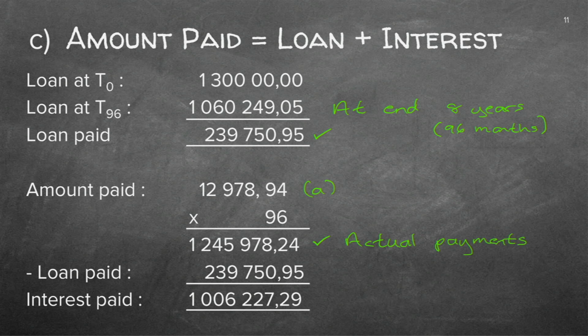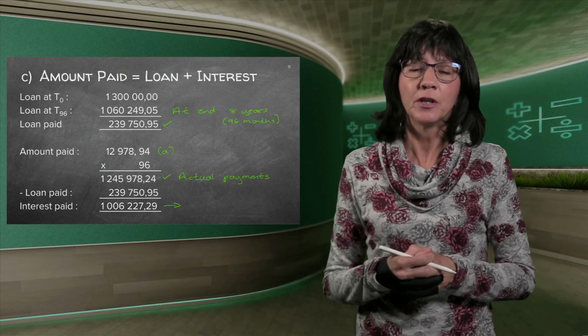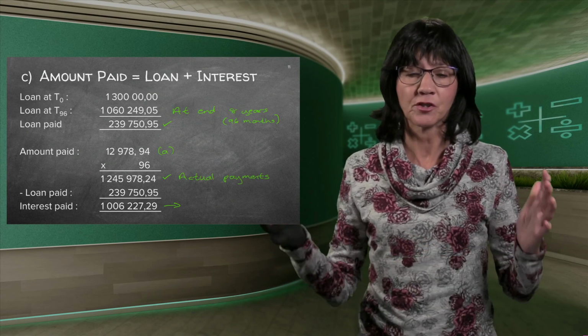And the loan that you paid, which you worked out previously. So the difference is this amount that you see there, 1 million and whatever. It's good enough to just say 1 million, and bad enough that you've paid so much interest. But that is life, especially if you buy something big like a house. You're really going to pay a lot of interest over so many years.